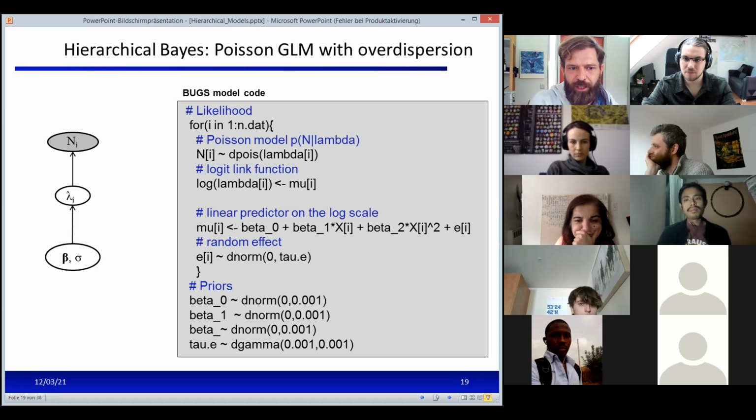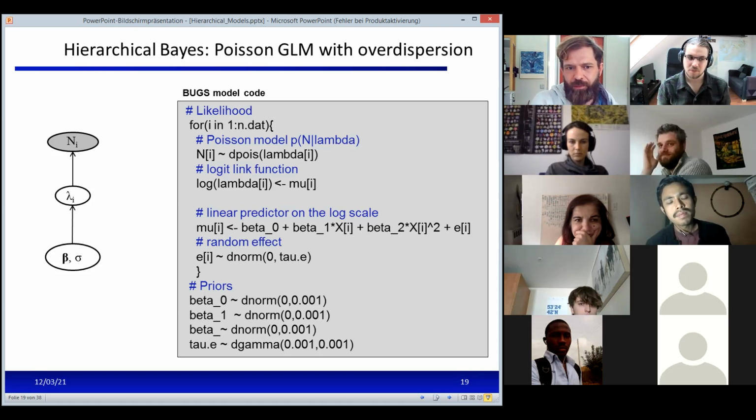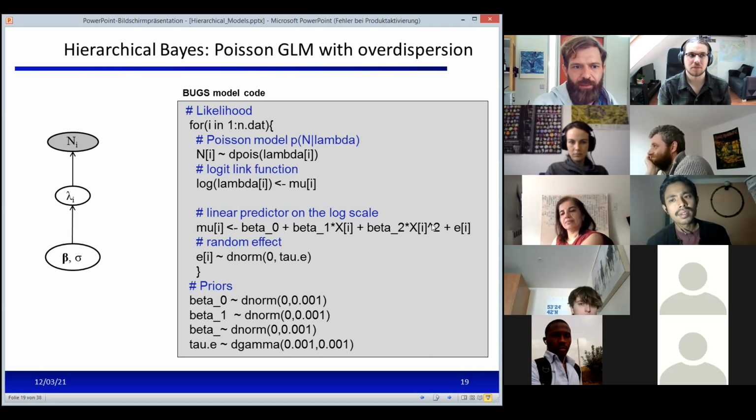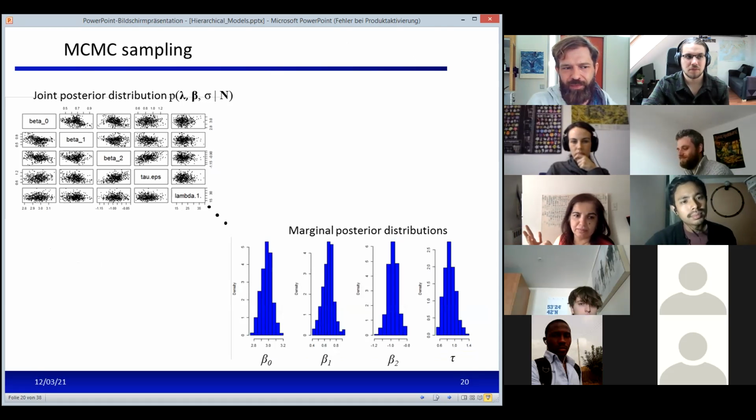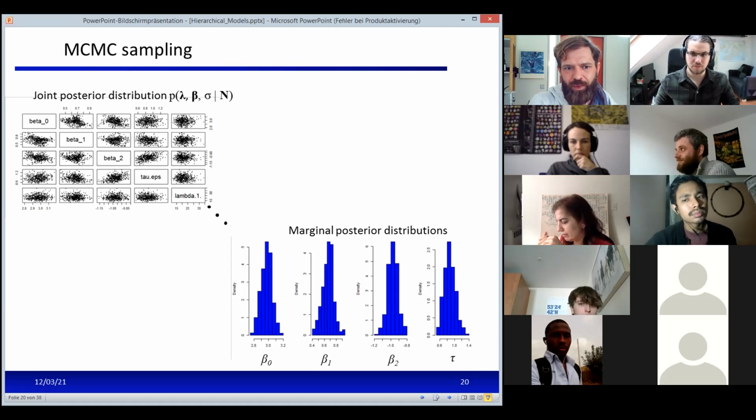So what I could do is to formulate a more constraining multivariate normal prior to better deal with this problem of collinearity. I mean, I would still say that in this case, I haven't looked at the correlation between these posteriors, but in this case it's not really a severe problem,